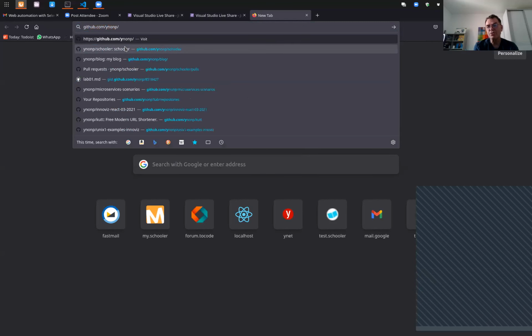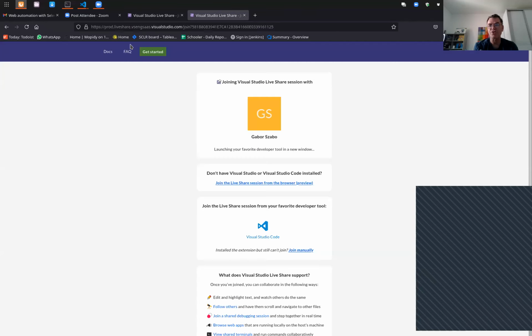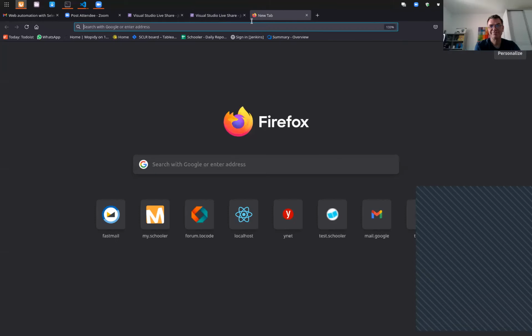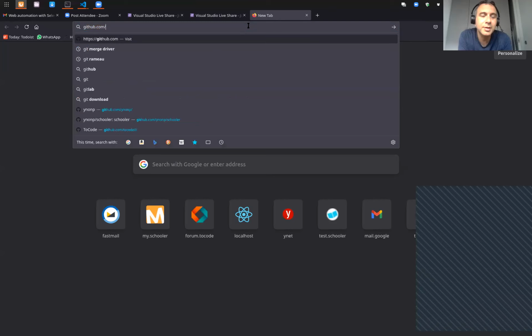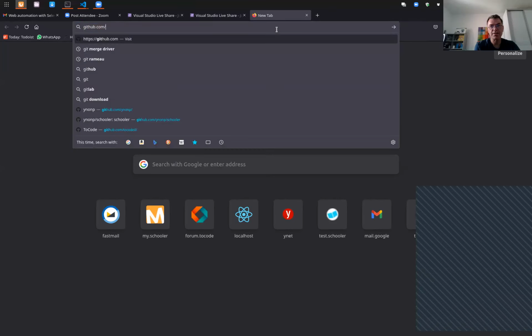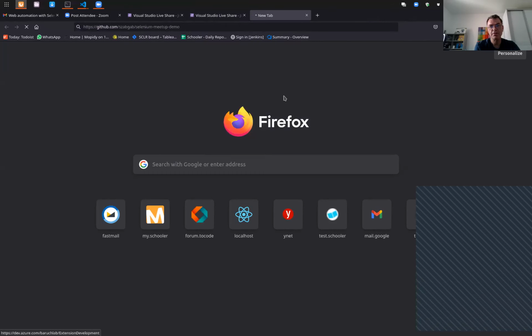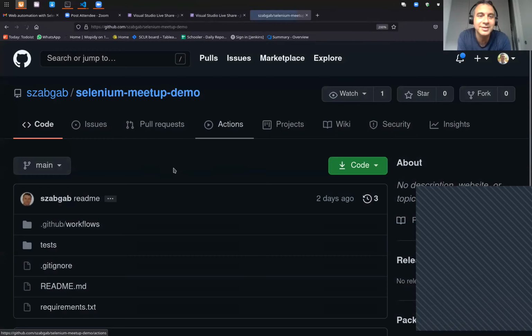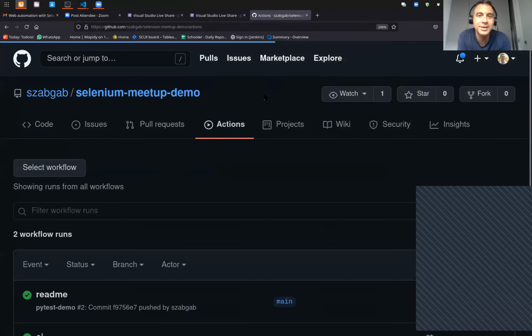I meant we can use the follow feature of the editor. I wanted to show the GitHub action, but I don't remember the repo. Oh, you already have it. Okay, you put it in the chat.